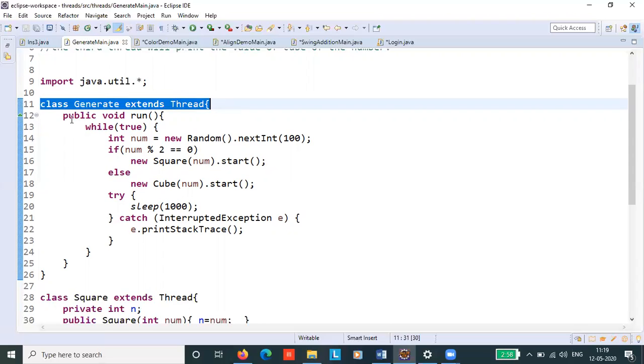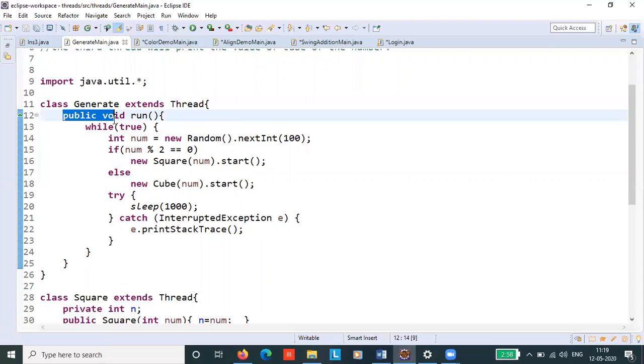Now, as you all know, we must have a run method. Whatever operation you want to perform through the thread, you should put all that code in the run method. Here I want to generate a random integer number, and for that we have an inbuilt class called Random.